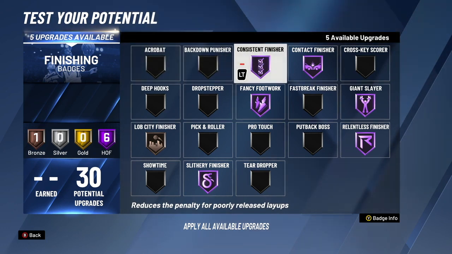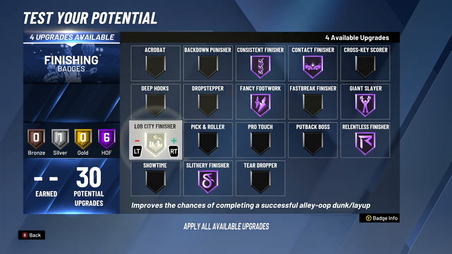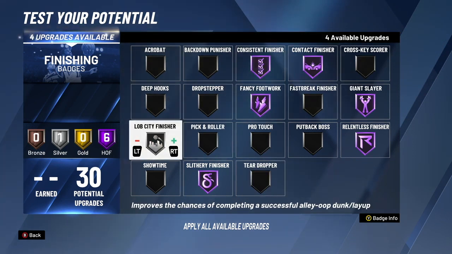You don't have to just do a hop step, because sometimes you don't even want to do a layup and it just makes you do it and you miss a wide open. If you feel like you're missing a lot of wide opens, consistent finisher negates that issue completely. You're pretty much never going to miss layups like that again. So yeah. All right, for the 26th badge upgrade, we're going to be going from bronze to silver Lob City